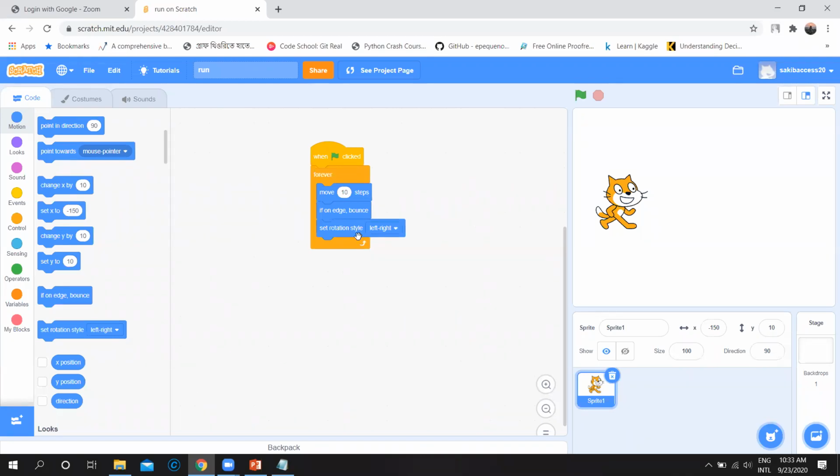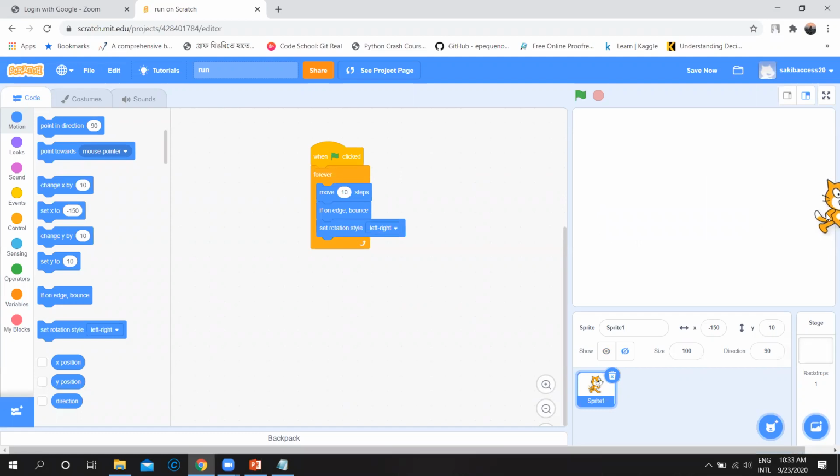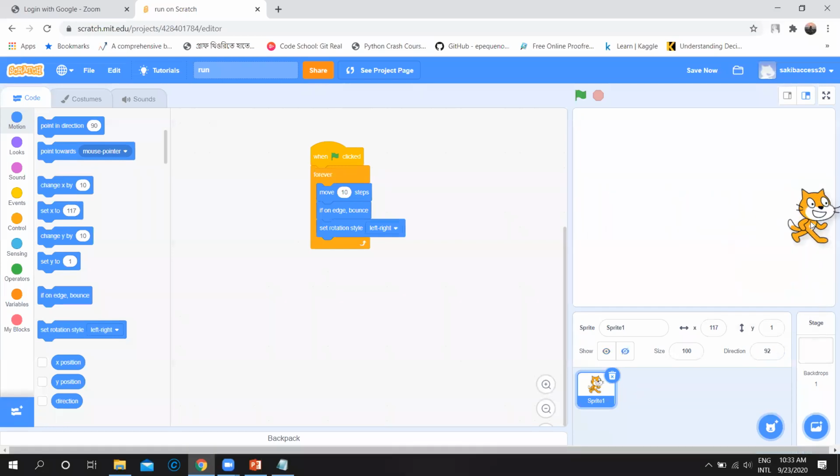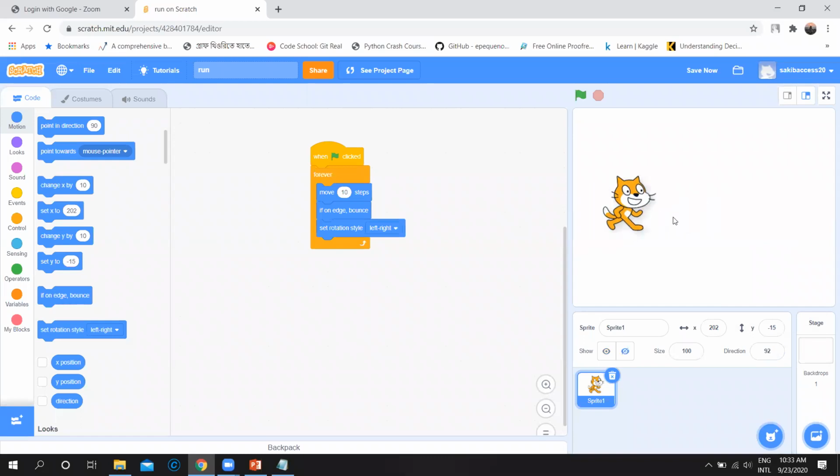Set rotation style left-right means whenever it goes to the edge, it will bounce first, then it will rotate. It will go from this side to this side, then rotate and come from this side back to this side.